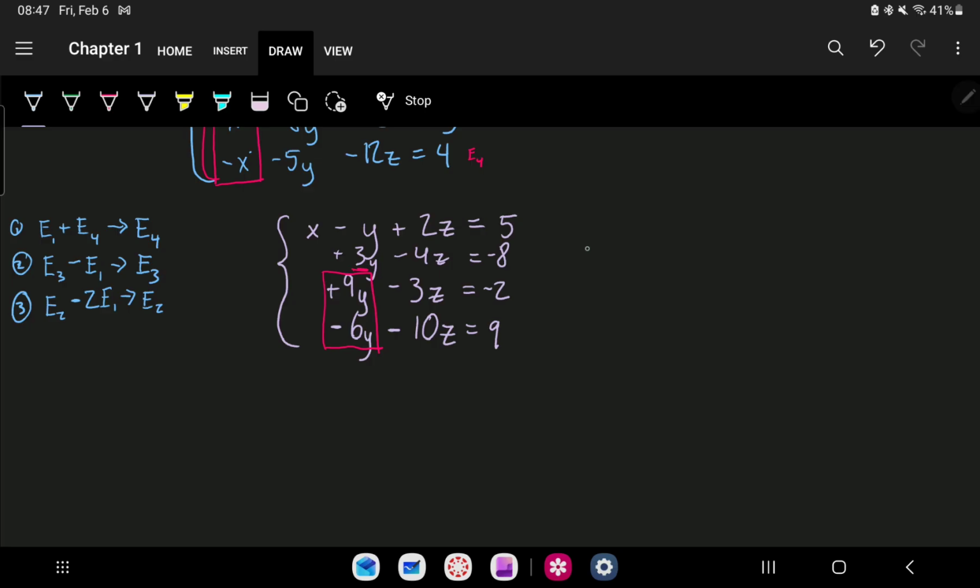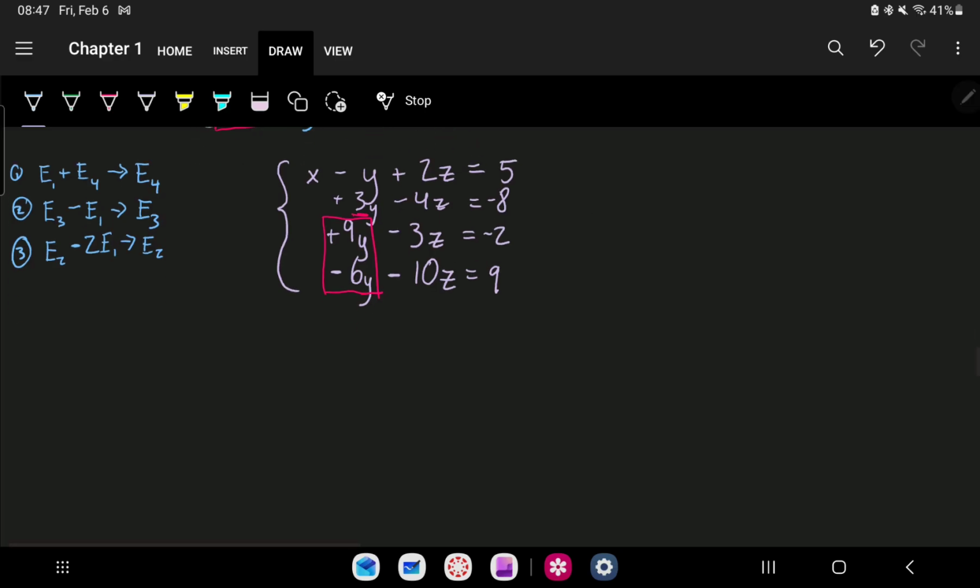So, our first step for this row, so I'm just going to start labeling this 4, is going to be, how can I eliminate positive 9 using a positive 3? Well, I can take equation 3, I can add it to a negative 3 times equation 2,